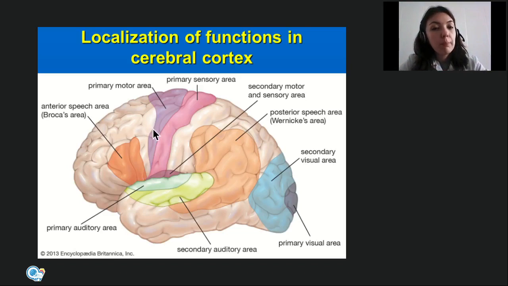In the posterior 1/3 of the middle frontal gyrus, there is graphia center or center of written speech. And also its location is not accidental because it's very close to the part of precentral gyrus from where fibers to upper limbs start. So in case of any injury of this region, person loses an ability to write but not speak. Yes? In the posterior 1/3 of the superior temporal gyrus, there is secondary auditory area and also Wernicke's